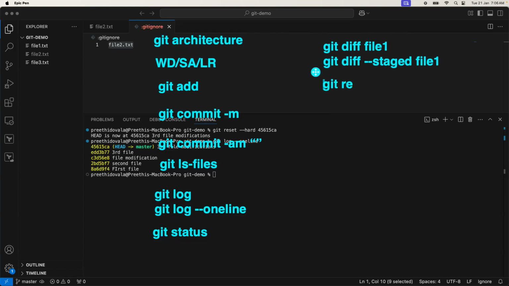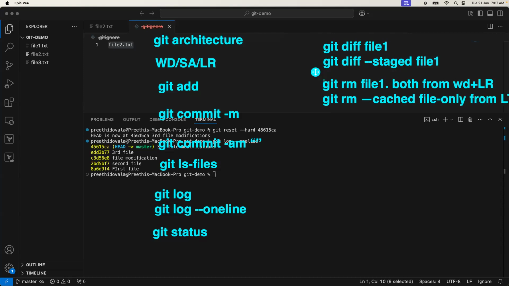And then we discussed git rm, deleting a file. This will delete the file both from the working directory and also the local repository, right? Then we discussed git rm --cached file name. This will delete the file only from the local repository,